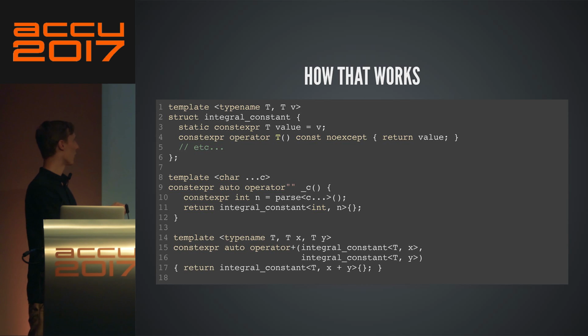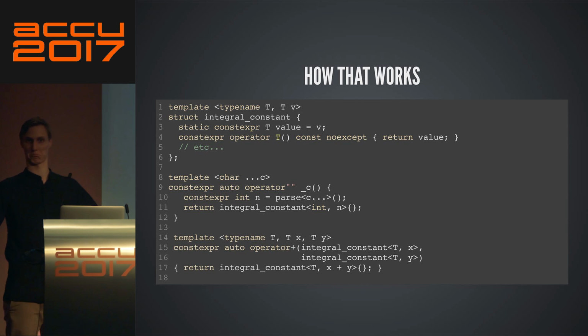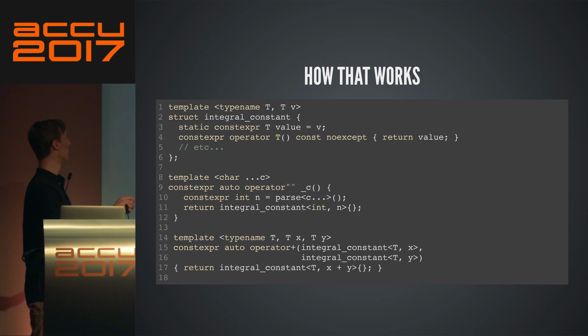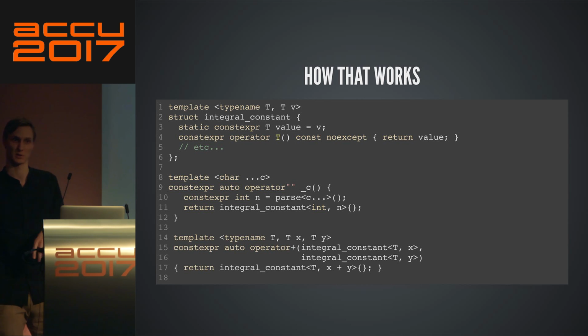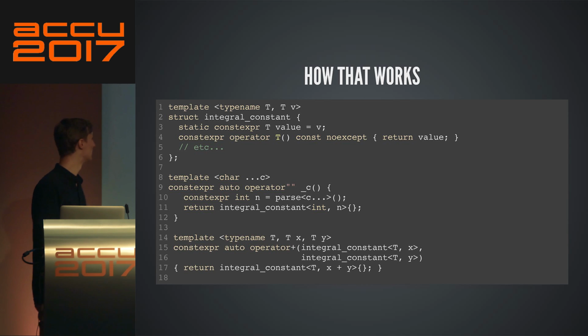So you parse your sequence of characters into an actual integer, and then you return an integral constant that contains that integer. That's why if you say 1_c, the _c user-defined literal calls this function with a single character, which is '1', and then I parse that into an int 1,